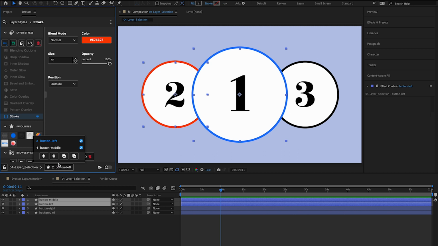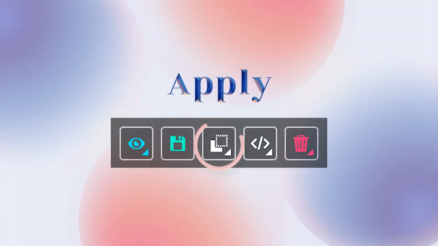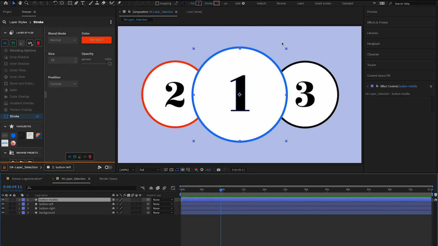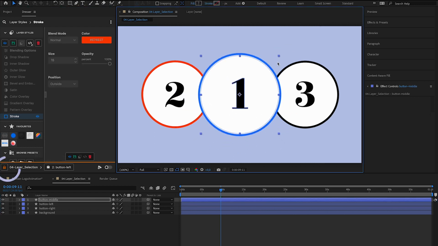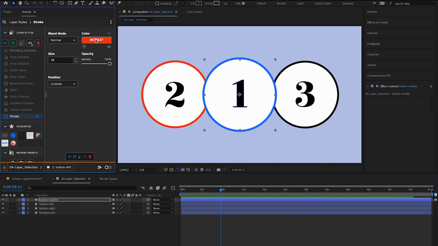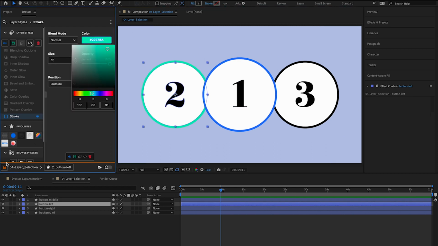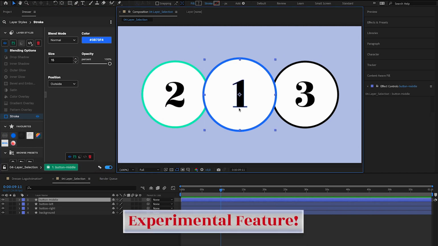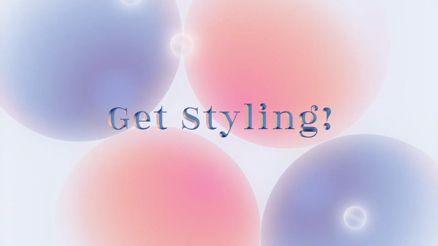By default, all the layers from your selection are targeted for when you use one of the multiple layer features, like for instance apply, delete, remove expressions. You can exclude certain layers from being targeted by unchecking their checkbox. You can also conveniently lock your selection and prevent Dresser from updating with the lock button on the left. This way you can keep your style properties in view while working with your layers. Instead of hovering, you can also turn on Live Update, which will update your selection even outside of the panel.